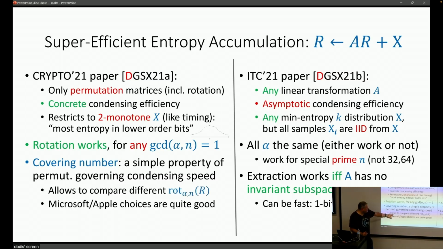And it allows us to compare different rotation amounts to each other. And as a result, we could formally say in our models that both Apple and Microsoft choices are good for both 32 and 64-bit architecture,